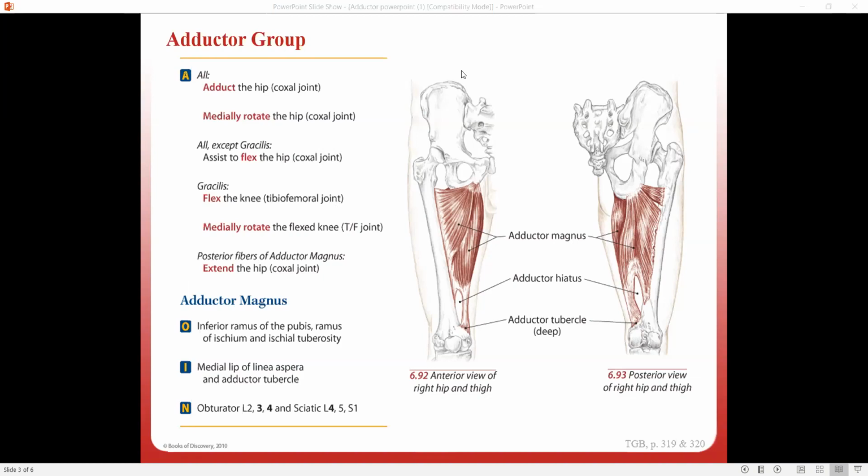So starting with origins. It originates on the inferior ramus of the pubis, and the ramus of the ischium, and the ischial tuberosity. So if you remember on the models,